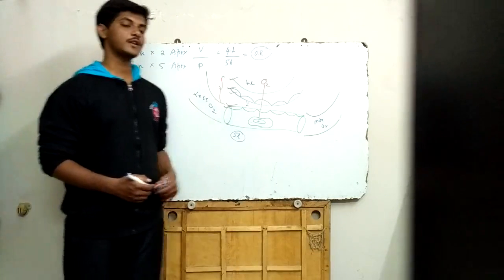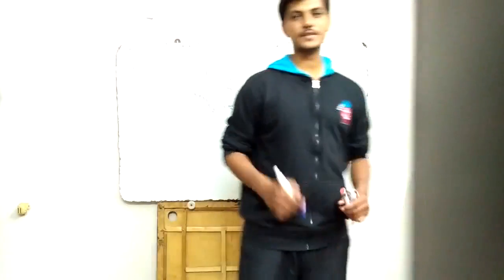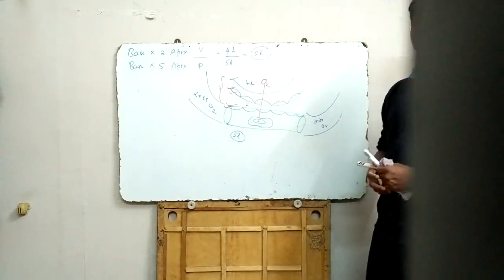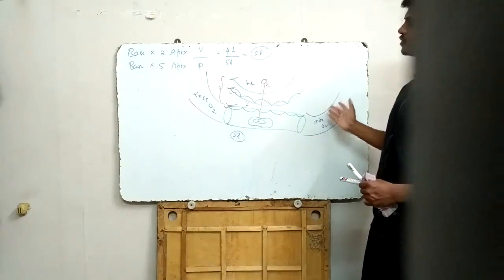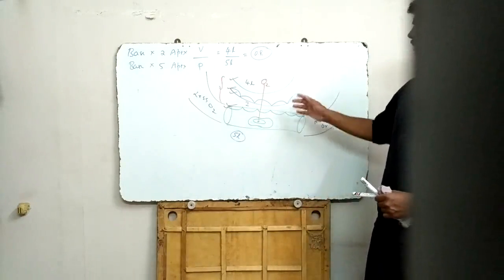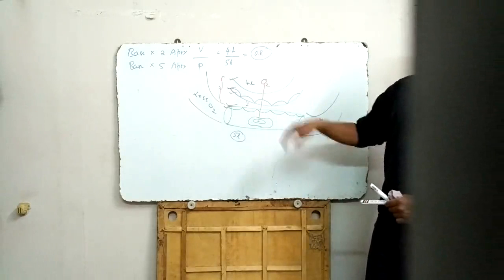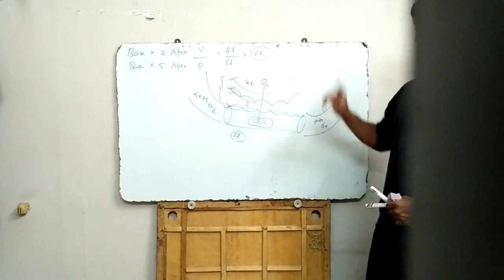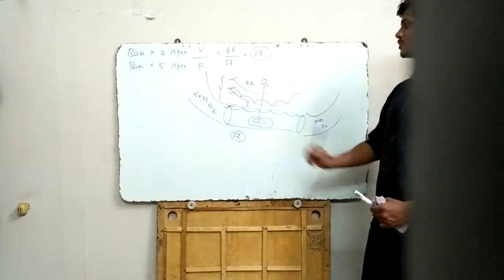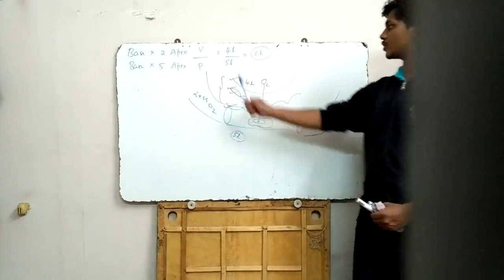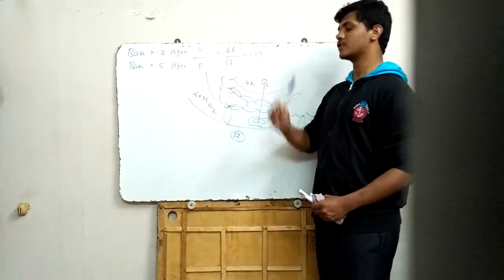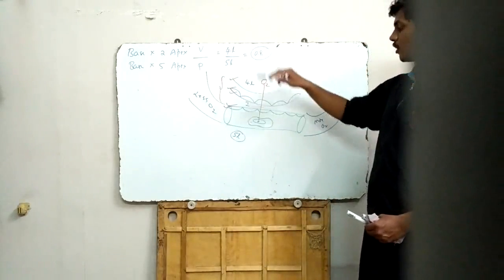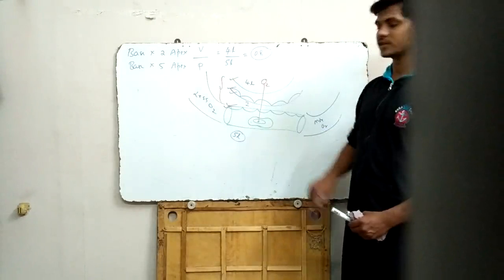Normally shunting occurs in heart diseases. For example, when there is a ventricular septal defect, the blood from the left ventricle will shunt into the right ventricle. So there is mixing of oxygenated and deoxygenated blood. That is pathological shunting, but this is physiological shunting. Physiological shunting occurs because the ventilation perfusion ratio is less than 0.8. It means only 4 liters of air is available, but the blood flow is 5 liters.